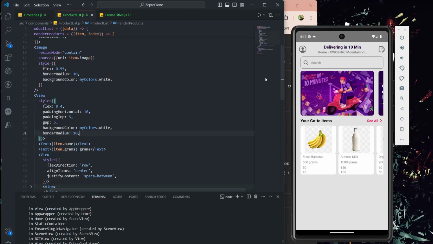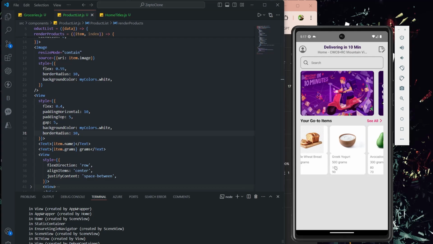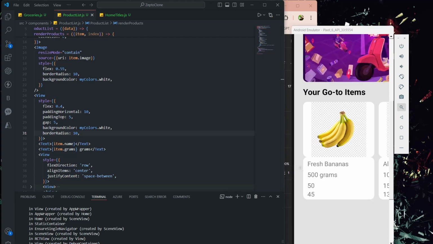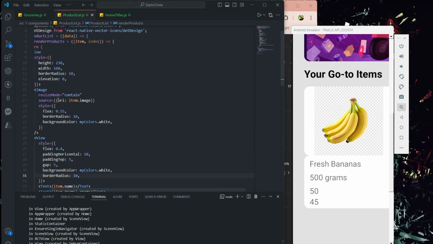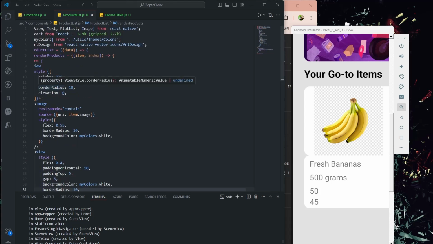Perfect. And there are a few things we need to change, particularly if you see here, we need a curve on top for the image. Particularly for the image, we need a border curve at the top only, top left and top right, no need of bottom, left and right. So to do that,